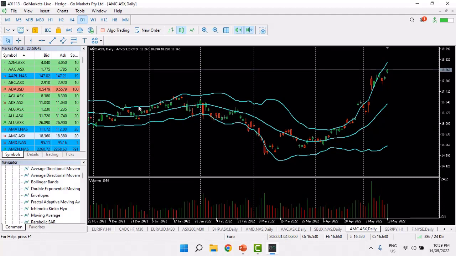Let's look at the Bollinger Bands on Amcor on the ASX, and you can see the middle line, as we said, is the 20 EMA, and we've got two standard deviations away from that middle line depending on how much that's moving at any one stage and how price is. And you can see during periods when there was significant price move, the bands widened on that increased volatility,